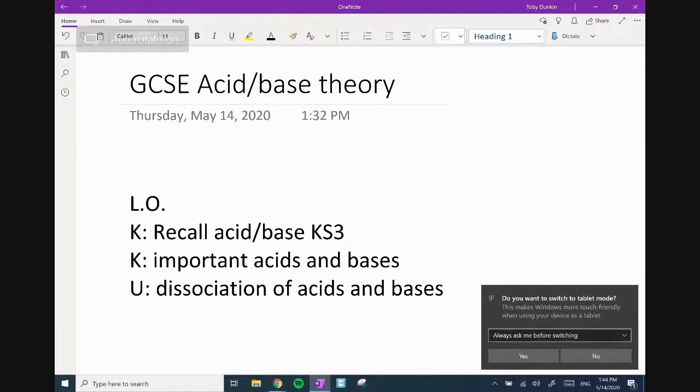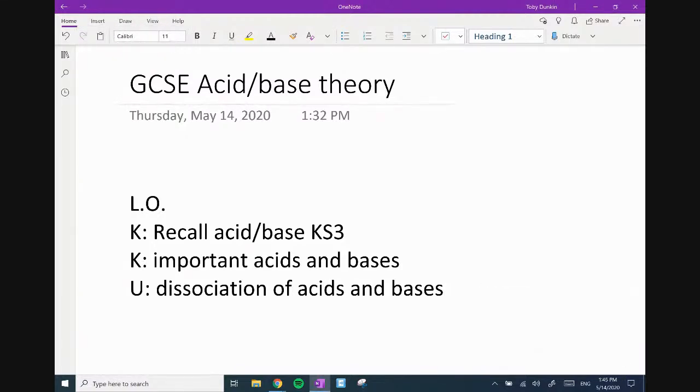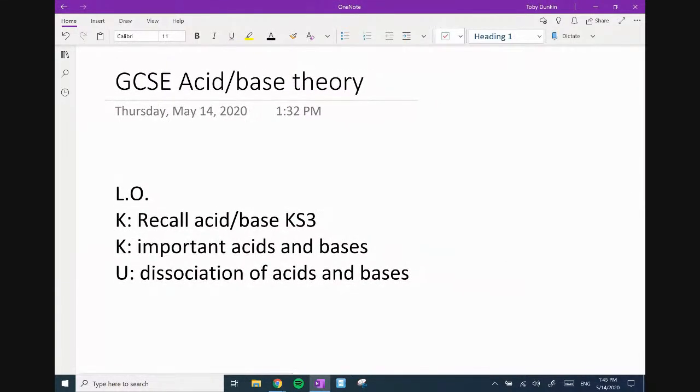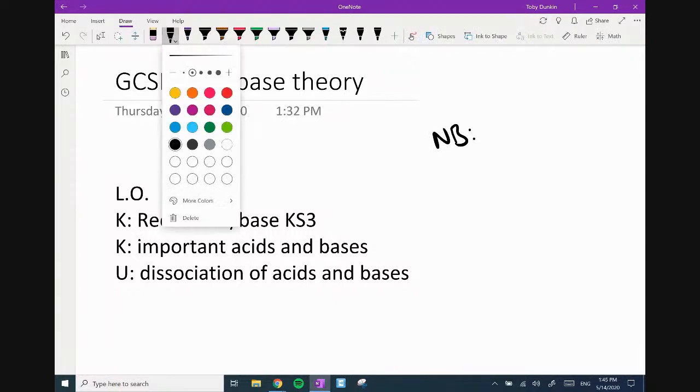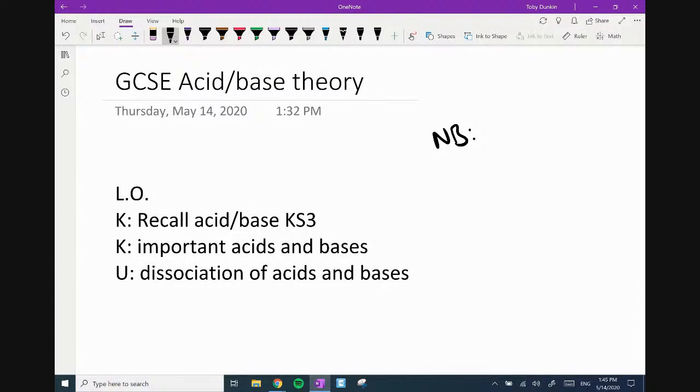So today we're starting our next topic, which is acid-base theory. So we're moving on from calculations. Calculations, of course, never end. They're in everything. And the great thing is, in acid-base theory, this is all about solutions. So this is just a quick nota bene straight off the bat: nota bene for acid-base theory. We're going to be using